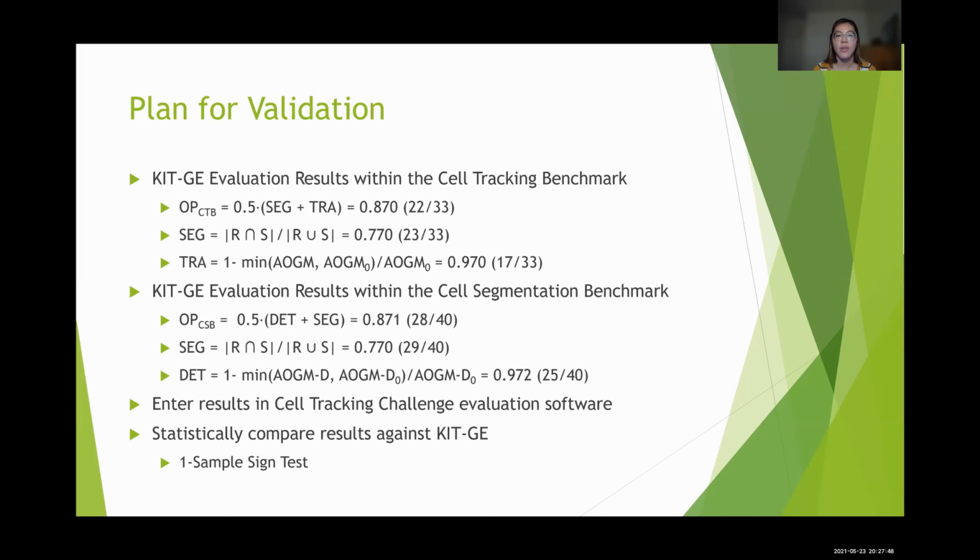and average tracking accuracies. And for segmentation, they used a Jaccard similarity index with a 0.770, and for tracking, they used the weighted distance between the evaluated and the measured for an accuracy of 0.970. For the cell segmentation benchmarks, the KIT GE had an overall performance of 0.871 with segmentation of 0.770 and detection of 0.972. And so my plan for validation would be to enter the results of my tracking challenge into their